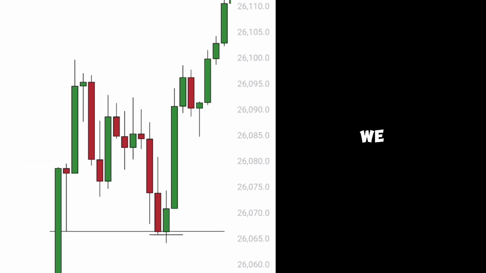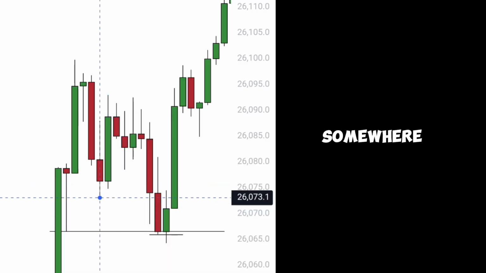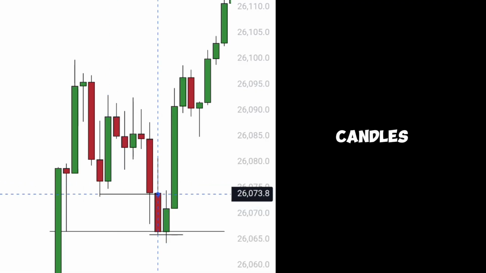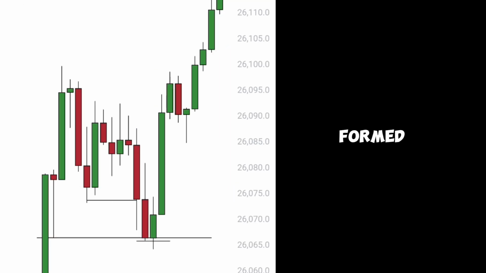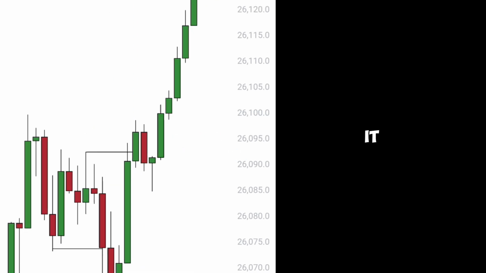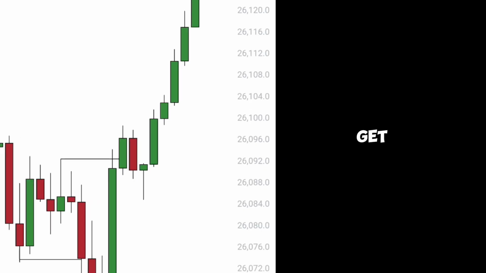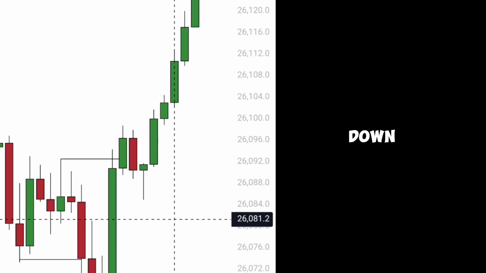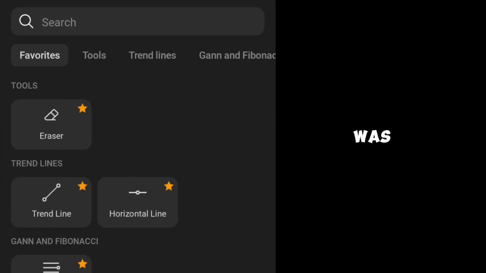So what do we see? We see the market tapping into a fair value gap after taking out liquidity somewhere around here. And what are the candles that actually formed this low? This here is a candle that formed this low. So we want to see that the market breaks it right there. Okay, so the market breaks it, and then we did not really get a deep retracement down. What we got here was